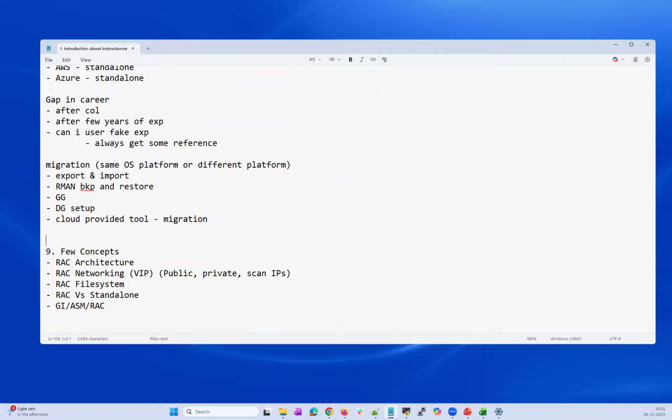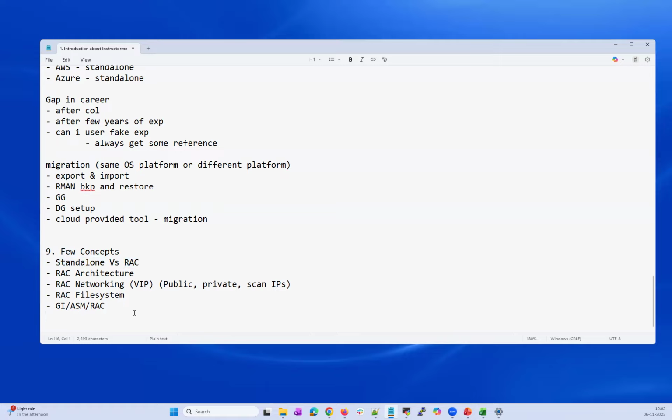So, very first thing, I want to understand a little bit before I go with this architecture: let's talk about standalone versus RAC. I also mentioned that very small startups or small clients will use standalone, and any enterprise customer, big customer will always go with RAC.